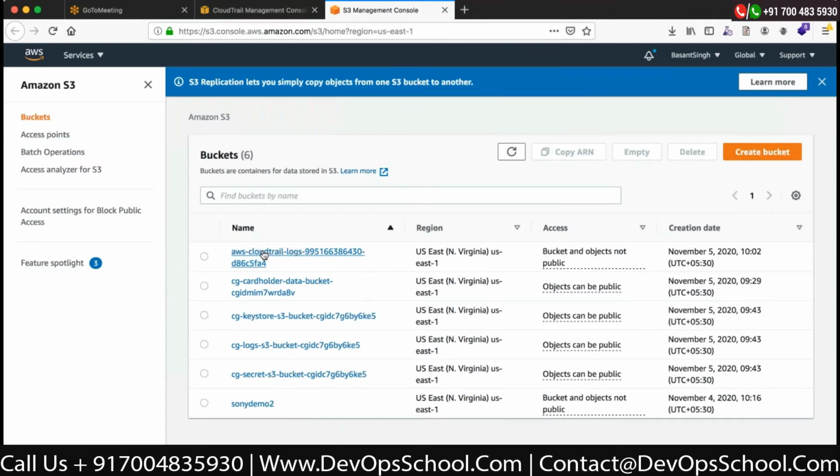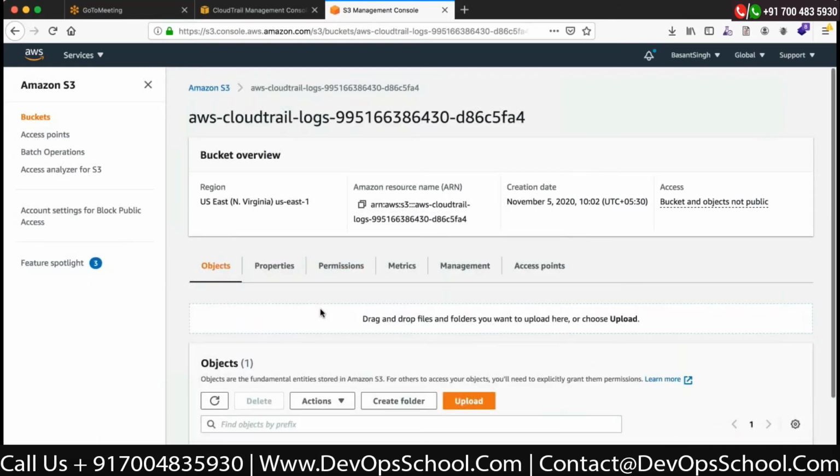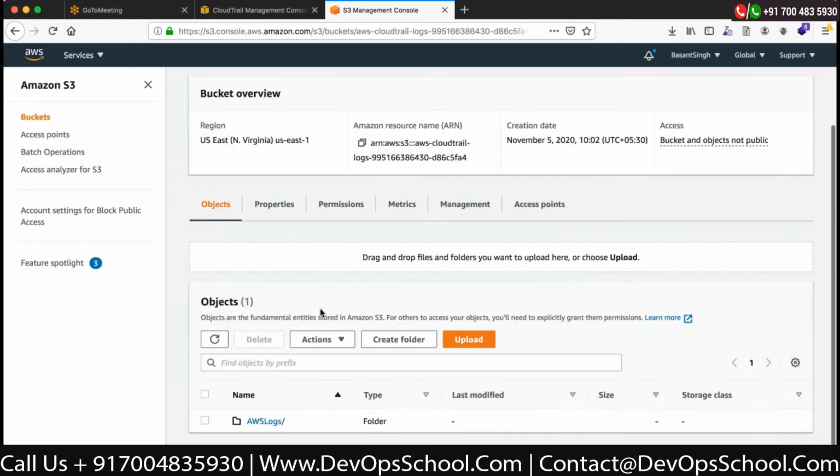This bucket has been created automatically, and if you click to open it, you'll have AWS logs over here as the object. If you click to open that, you'll have the account ID. If you click to open that, you'll have a CloudTrail digest. If you open that, you have CloudTrail started coming up